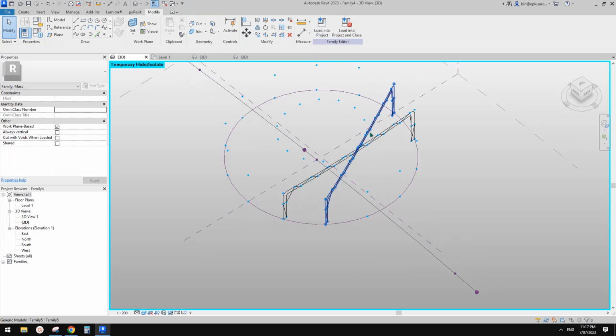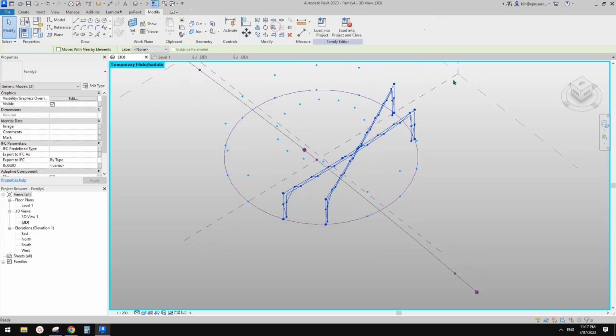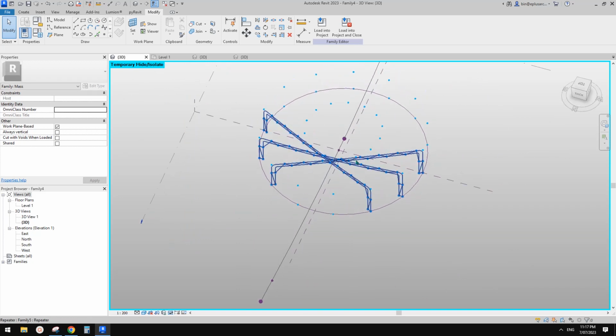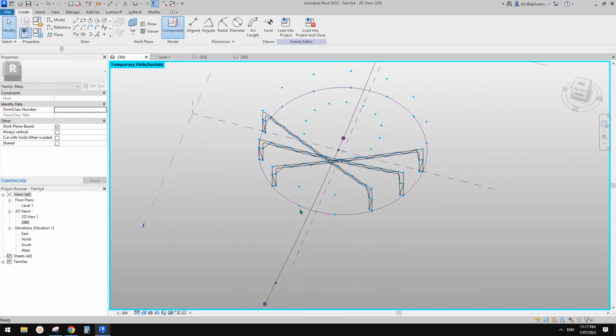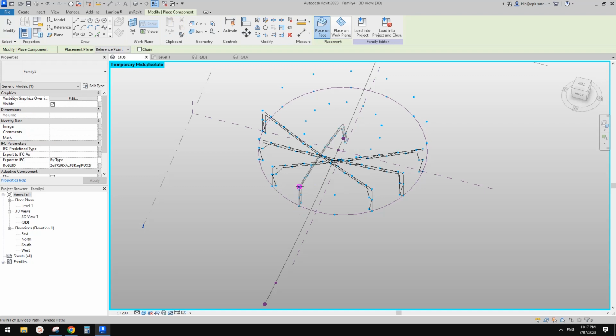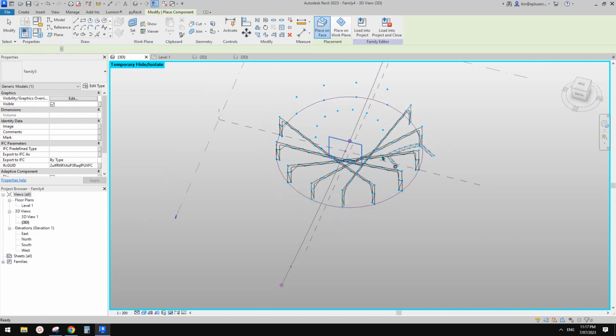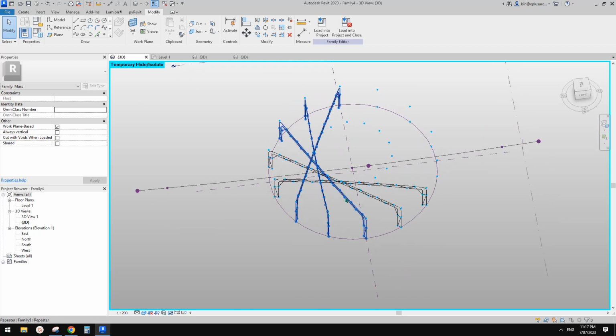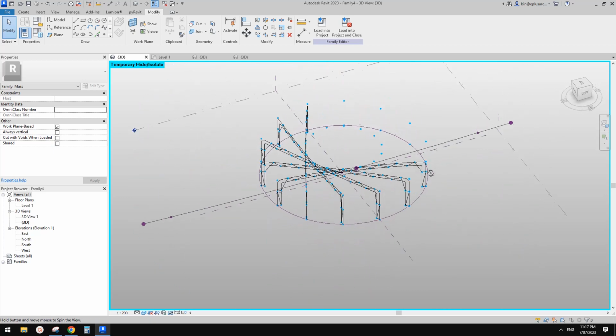Escape. Okay, so let's try again. Repeat. Okay, still one more. So yeah, let's just do it manually. So 1, 2, 3, 4, 5. And you can see sometimes when Revit is calculating, you don't need to wait. Okay, you can just continue